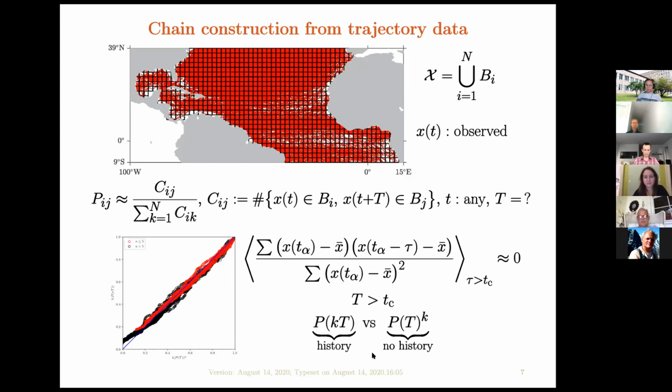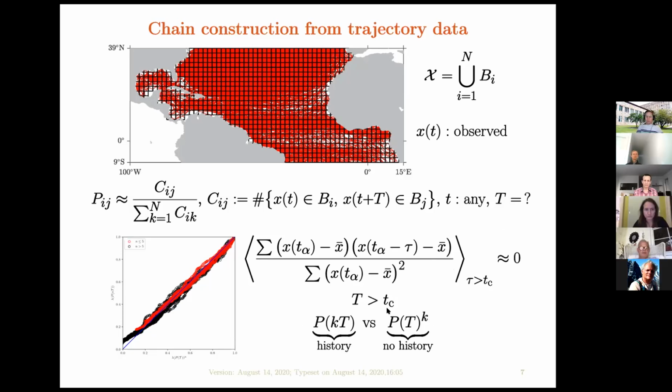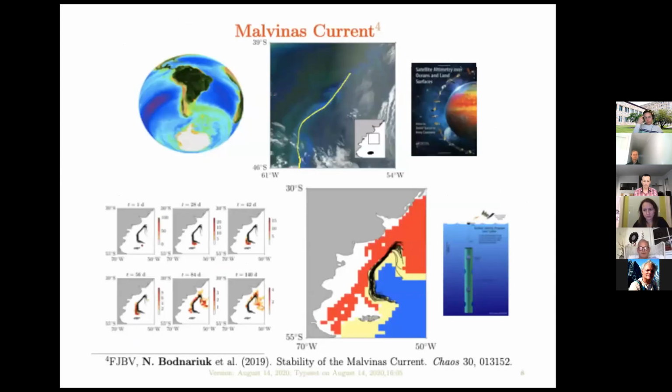And this is by comparing what happens with P computed over a long transition time versus taking P over a shorter period of time and multiplying that. And this is what we are showing here, basically the eigenvalues of this. And they fall kind of close to a straight line. So the Markovianity assumption works well in most situations. First is an example in the Southern Ocean